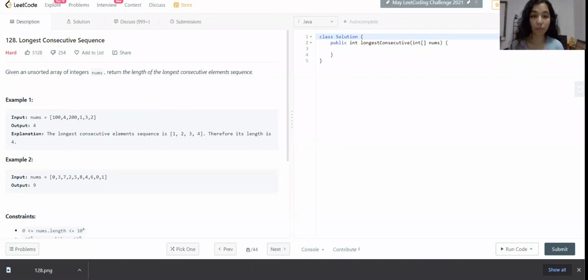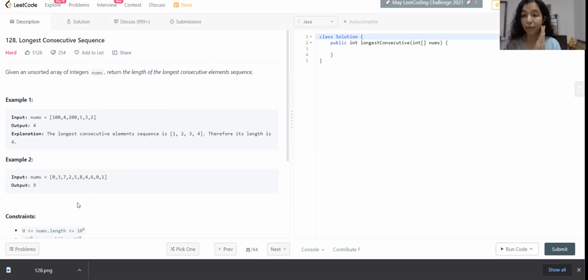We are going to solve this problem using a hash set. So we put all our elements into the hash set initially. After that, we are going to check if we have any element one less than or one greater than that element while traversing through the array. So for example, let's take the second example. If we have 0 here, we'll check if we have any element which is 1 less than 0, that is -1. We don't have that here.